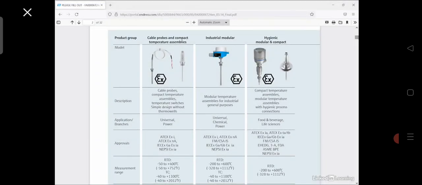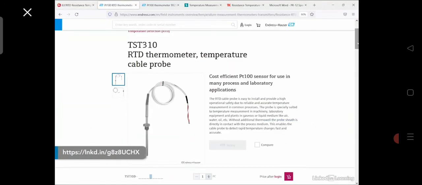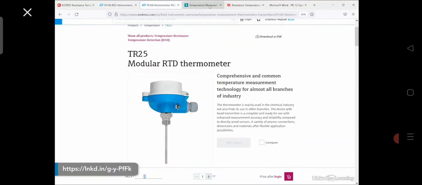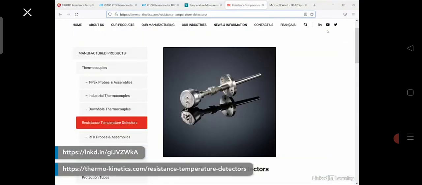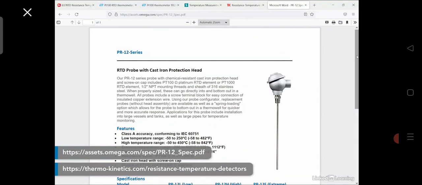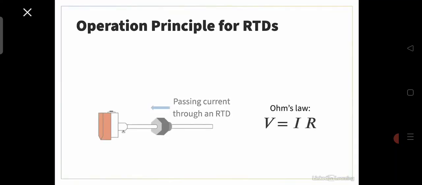There are different types of RTDs for each application, so choosing RTDs versus thermocouples depends on your application requirements. Here are a couple of examples of different RTDs in the market. The operation principle of RTDs